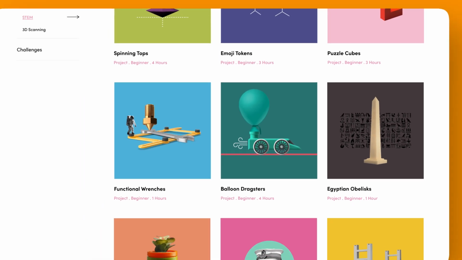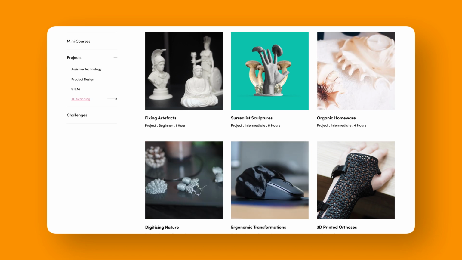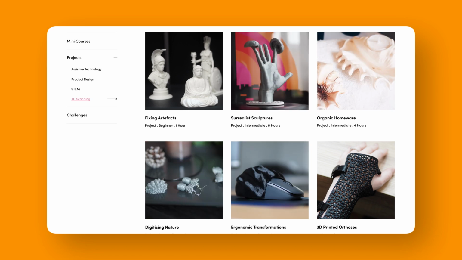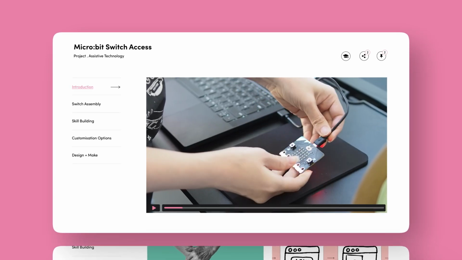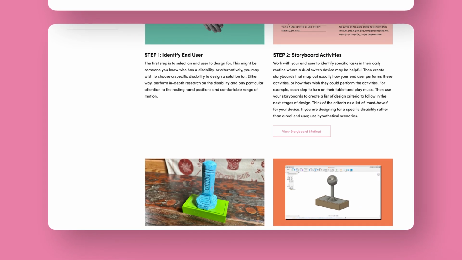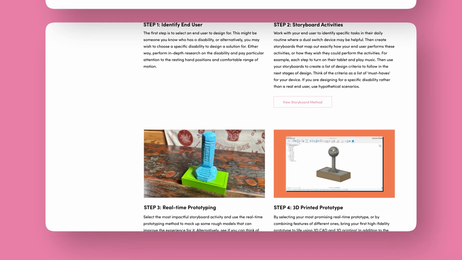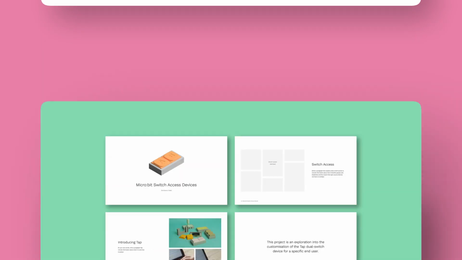Although students will be designing a specific type of product, each project allows for creativity and uniqueness in their final outcome. Projects combine online activities like case study videos and CAD practice with offline tasks like brainstorming, research, and low-fidelity prototyping. As students progress through the project, they'll fill out a Google Slides template that will result in a professional